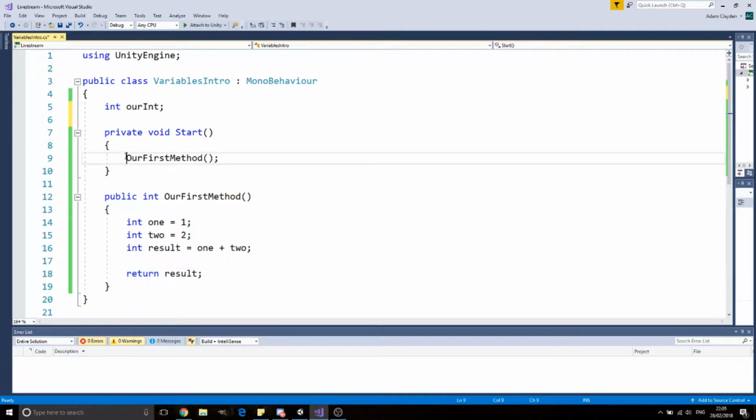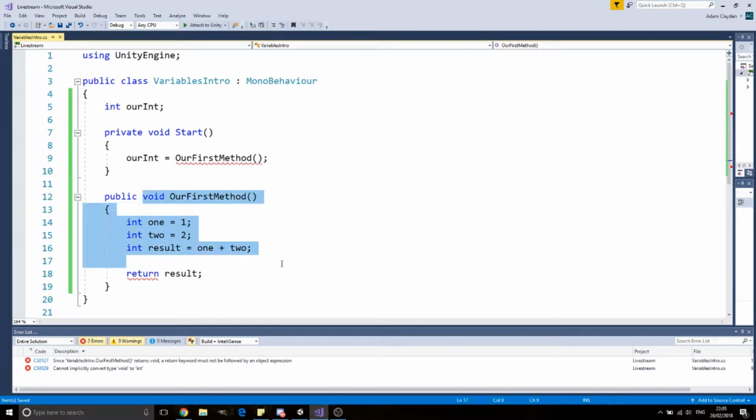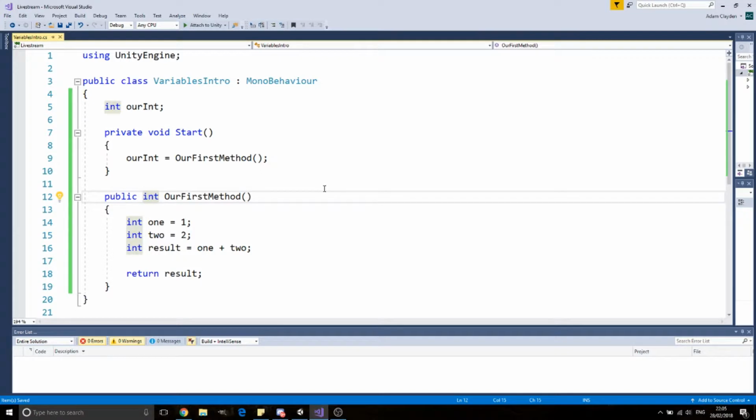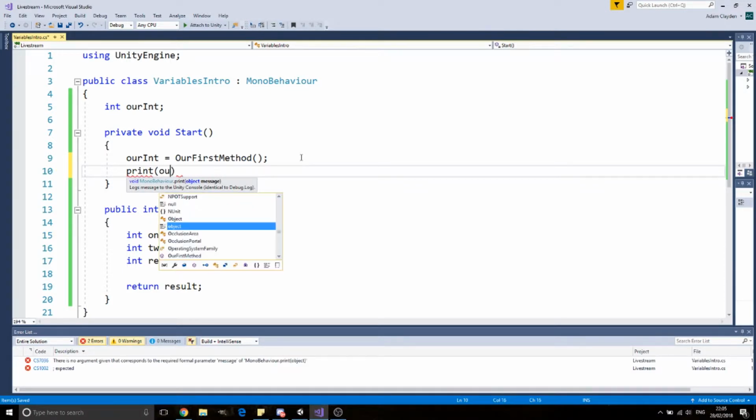And to do that, it's very similar to how you define and set values into variables. The only difference here is we're setting the method into the variable because the method returns a value. If this was void, it would all break, because it doesn't return anything. So you can't actually get anything out of this, so it's not going to work. So you can only do that if you're returning a value. Now that we've got a value in here, we can print it out. So let's say print our int,